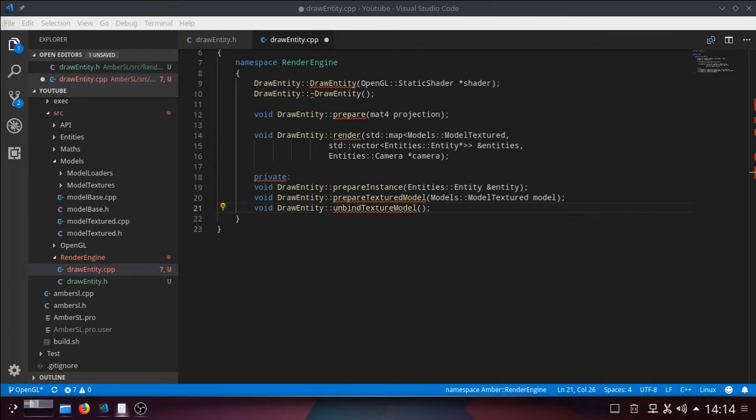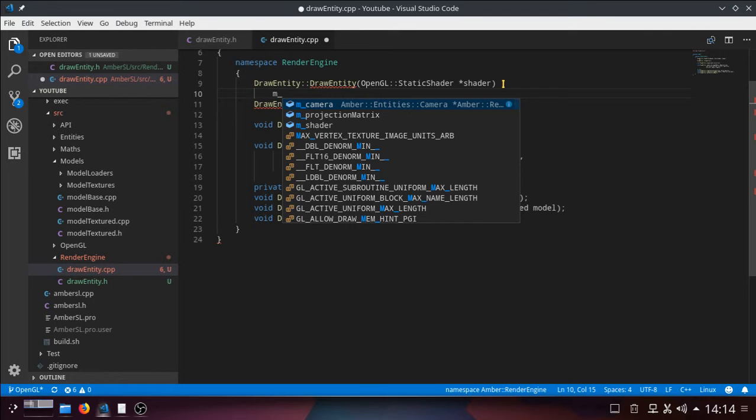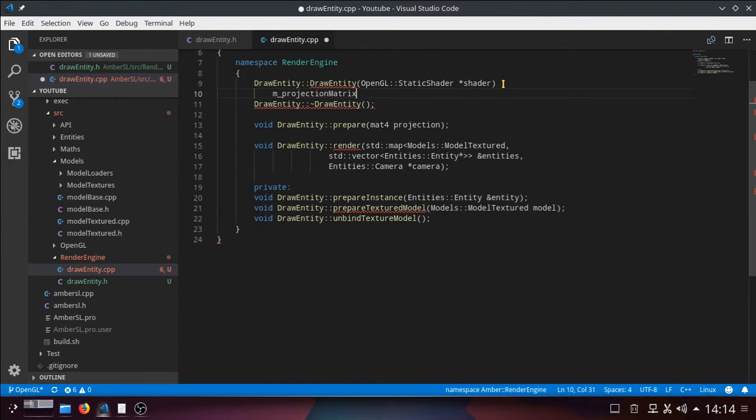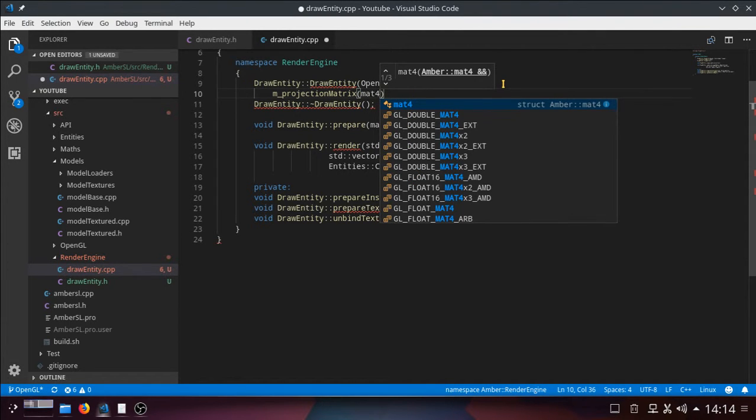Do we need anything special on our draw entity up at the top? I doubt it. Yeah, we're just going to do a standard constructor. So it's a colon. I always do, we can continue on the same line. It's up to you, but I always drop to a separate line. So m_projection matrix is going to be our mat4 colon,